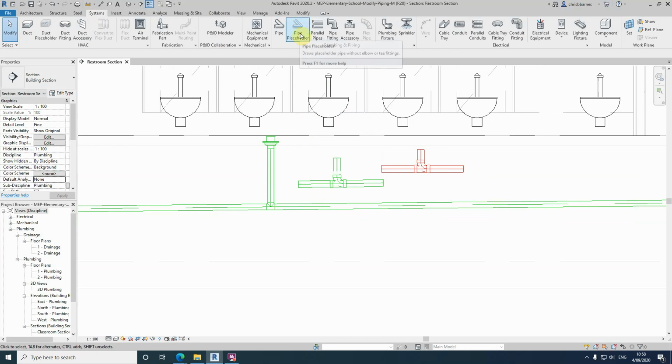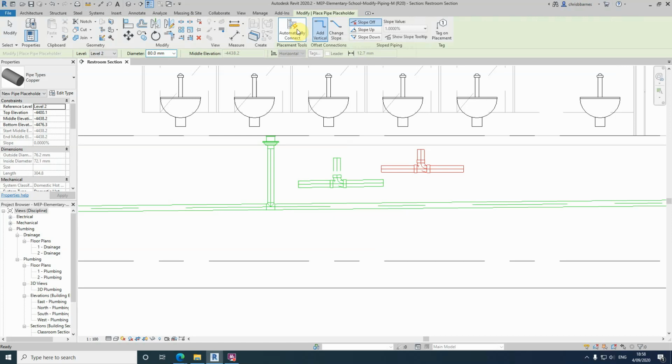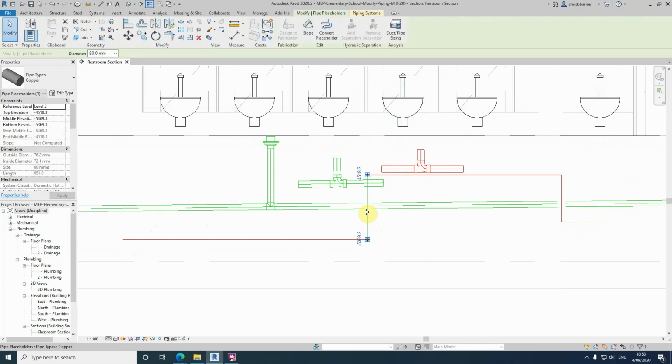All we need to do is click on place pipe, and you just draw it in as normal, but it will show up even though we're in fine mode here. You'll find that it works as a single line. It's just an indication of the sort of route that you're going to take. You can still have control and move these around